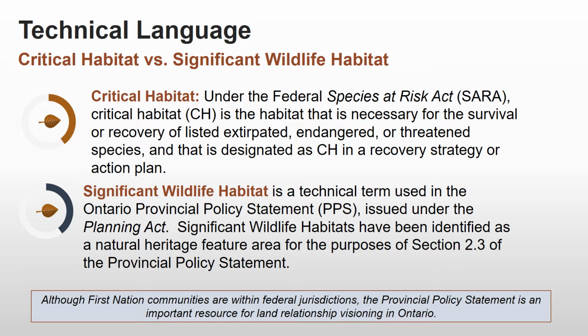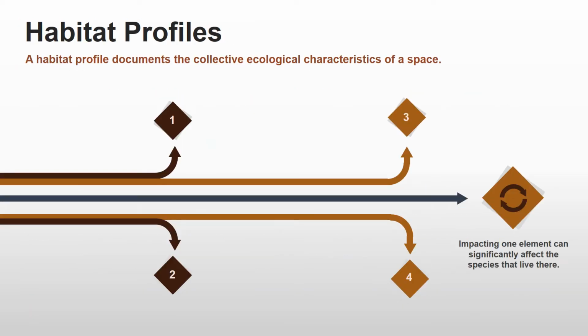Although First Nation communities are within federal jurisdictions, the Provincial Policy Statement is an important resource for land relationship visioning in Ontario. There are many elements to a single habitat. There can be many ecological characteristics in one space. These different habitat characteristics make up habitat profiles,